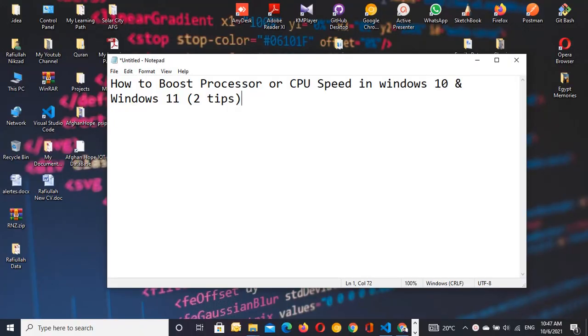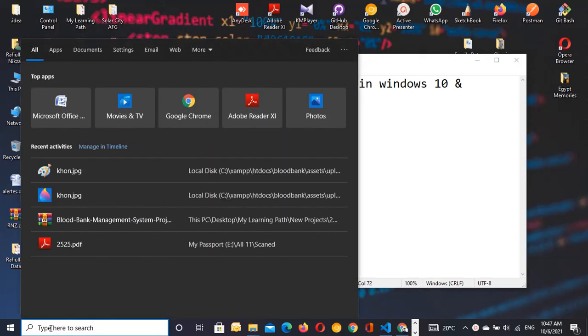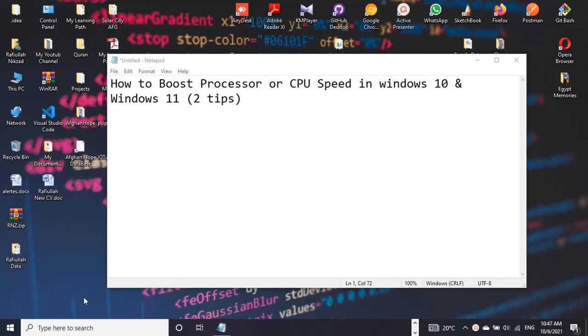Hello everyone, in this video I'm going to show you how to boost processor or CPU speed in Windows 10 and Windows 11. First, type in the search "Run", or press the start button with R. It's a simple way. Type msconfig, then OK,